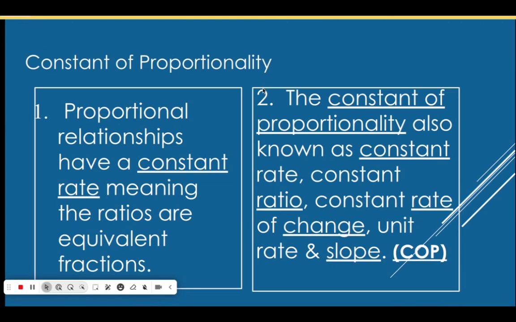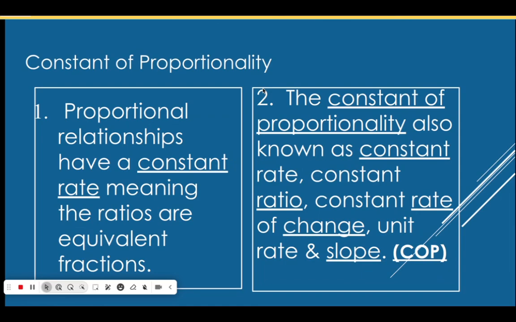The next thing I want you to write in yours is the constant of proportionality. Proportional relationships have a constant rate, meaning that the ratios are equivalent fractions. So in class the other day, we talked about a constant rate. We talked about what was equal to 3/6, and we all recognized it was 1/2, but we also looked at multiple things that could go down to 1/2. The constant of proportionality is also known as the constant rate, constant ratio, constant rate of change, unit rate,